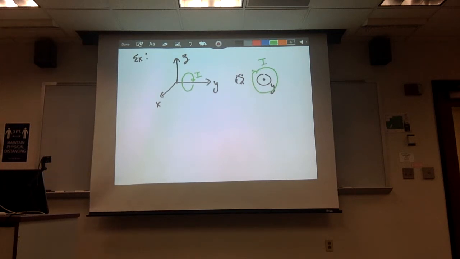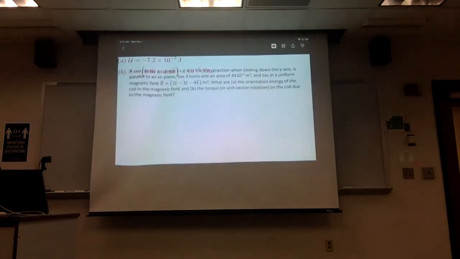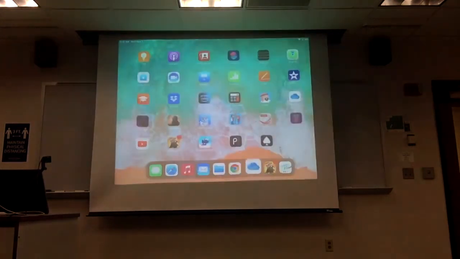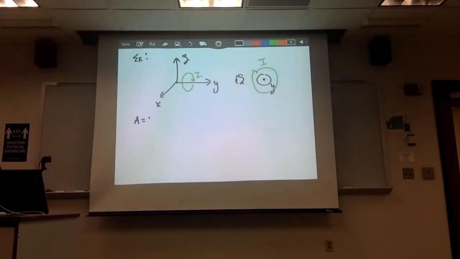So that's what this picture on the right hand side is. Now what also does this tell me? It tells me that I have an area equal to 4 times 10 to the minus 3 meters squared, and that it has a current I equal to 2 amps, and it's in an external magnetic field, which was given by